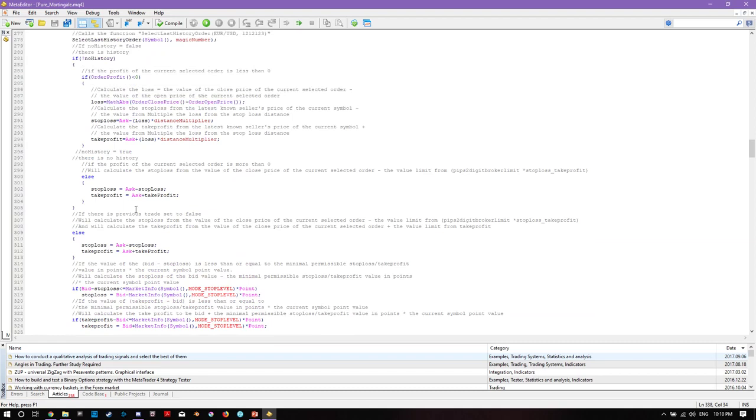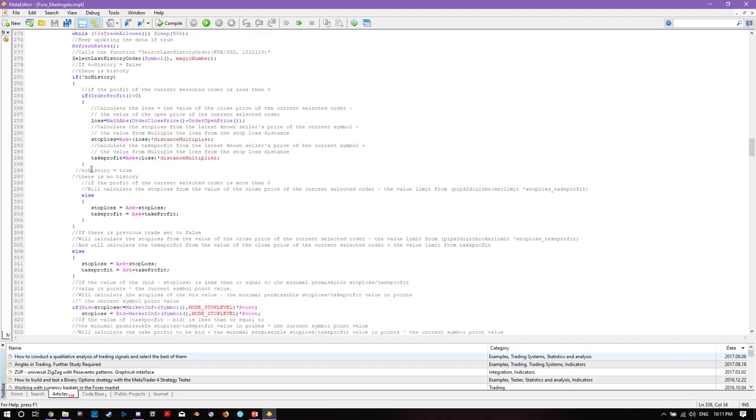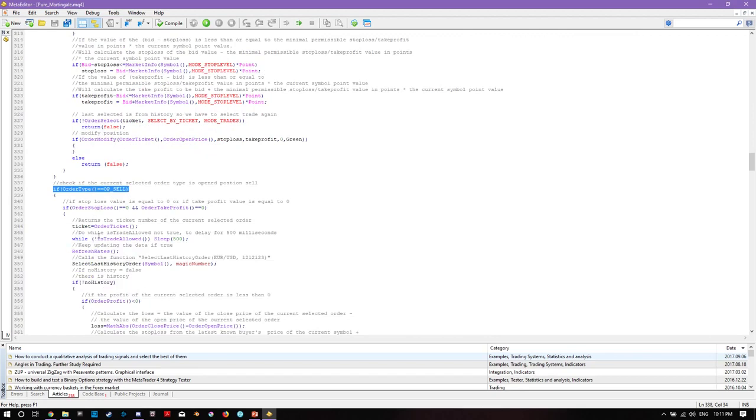Would check further for the stop loss and the take profit value of the current order, and we'll grab the current ticket number for both buy and sell. So once it grabs the ticket number, if the expert advisor is allowed to trade, it will keep updating for any new upcoming tick. Then the expert advisor will grab the last history order, and if there is a history, it would check to see what is the fixed profit of that close order